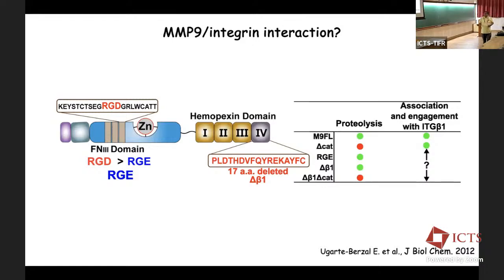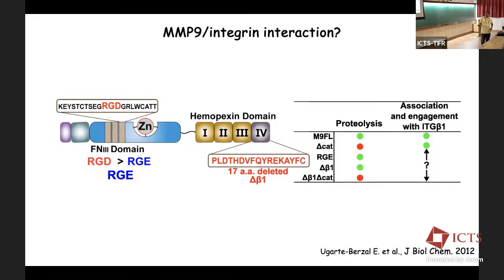In addition, right next to the catalytic site there are some fibronectin repeats, and specifically, most of you have heard of the RGD peptide, which is used for adhesion. There is actually an RGD sequence present in the catalytic domain. So we thought that it is probably via one of these two sites that MMP9 is somehow stabilizing integrins